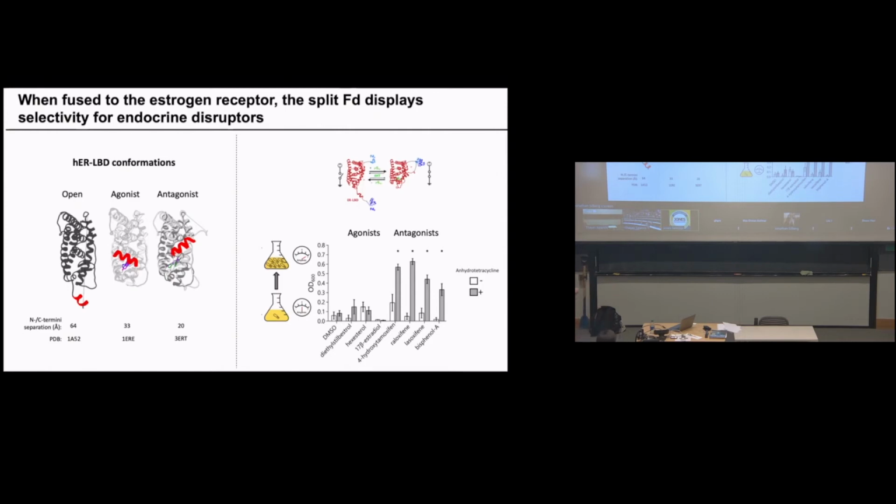GFP biosensors where they took the estrogen ligand binding domains. This is the human estrogen ligand binding domain. There are a lot of structures known for this. So there is a structure of the open conformation with no ligand. The N and C termini are 60 angstroms apart. There's then a structure with agonists, so that would be like estrogen. They're 33 angstroms apart, so they're a little bit closer. And if you add an antagonist, so bisphenol, environmental pollutants, and endocrine disruptor, that would be an antagonist, they get